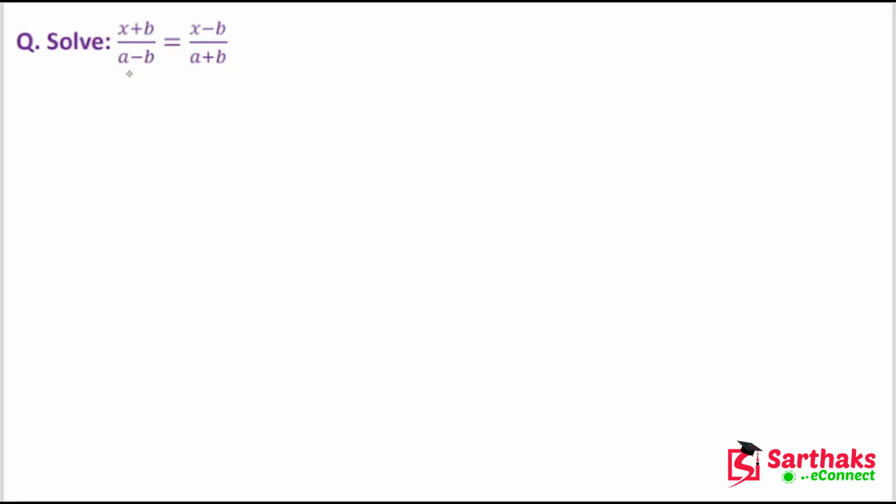So what we will do is, first of all we will write the equation as it is, that is (x + b) upon (a - b) is equal to (x - b) upon (a + b). Now you can clearly see that if we cross multiply it, it can be reduced to linear form. So by cross multiplication,